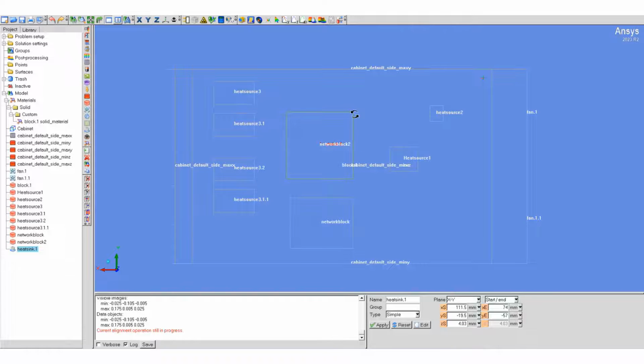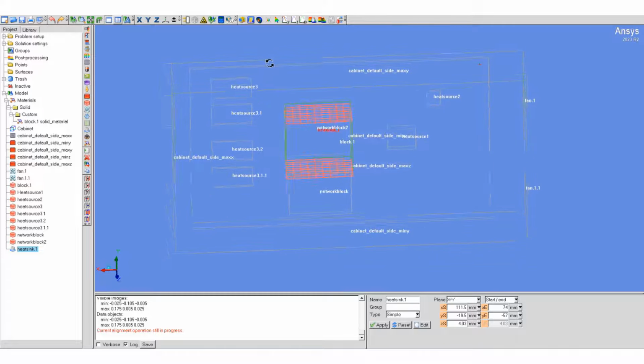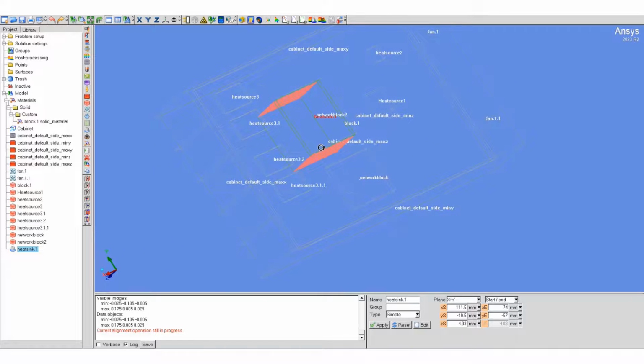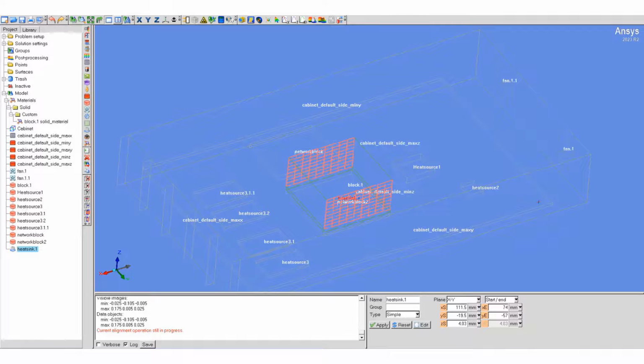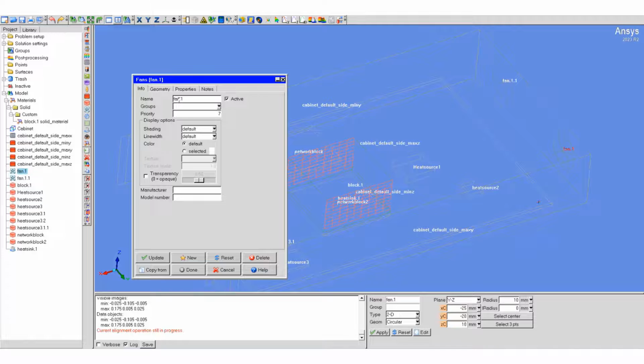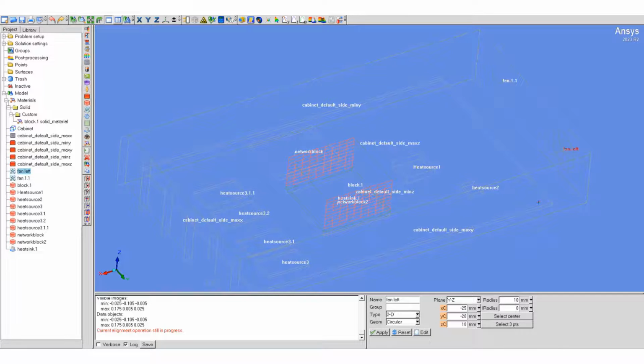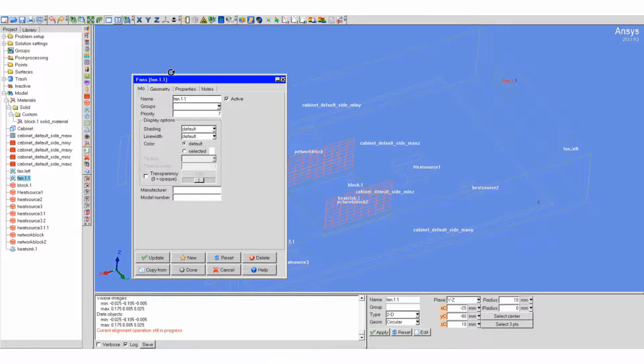And now you can see it has properly fit the network block. And we will rename all the options. So this will be fan left, right,